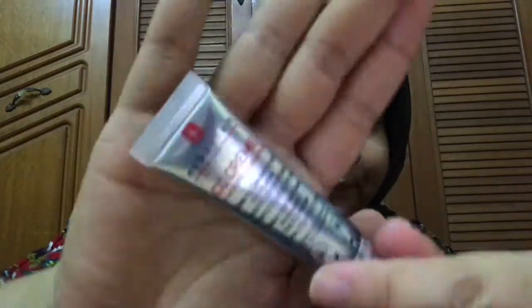Let's do this. So I prep my skin with Maybelline Pore Eraser Primer. And then I might have cheated a bit by using Eborien CC Cream. Now I'm gonna take the BB cushion and let's try it. So that's the puff. I'm trying to put it a bit on my cheek to see whether colour dia kena